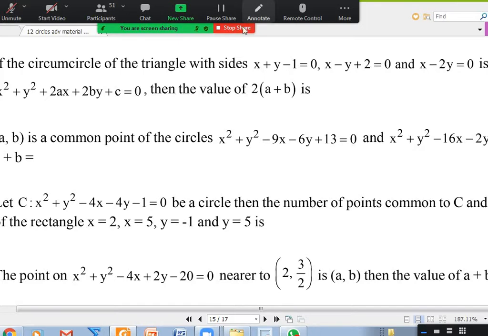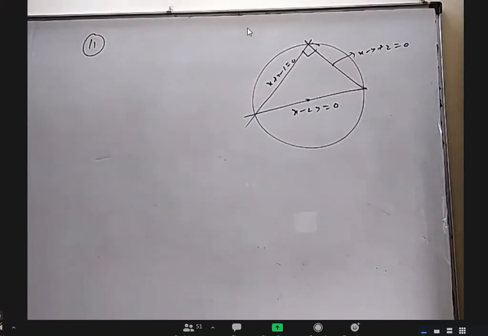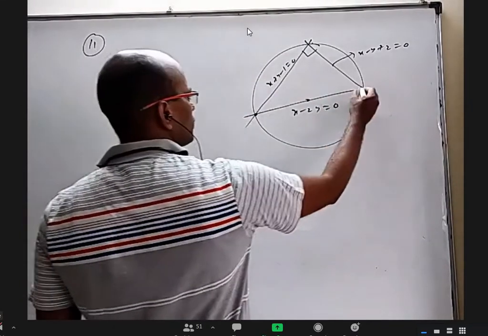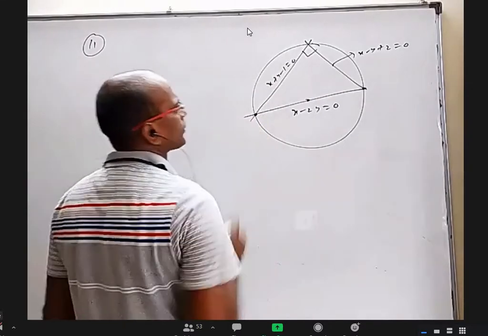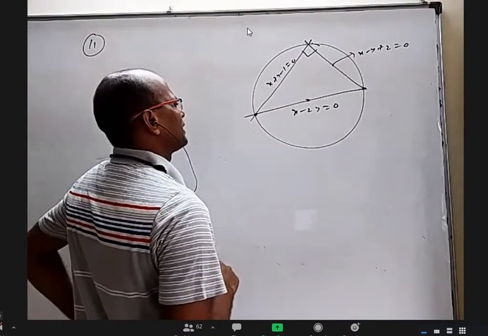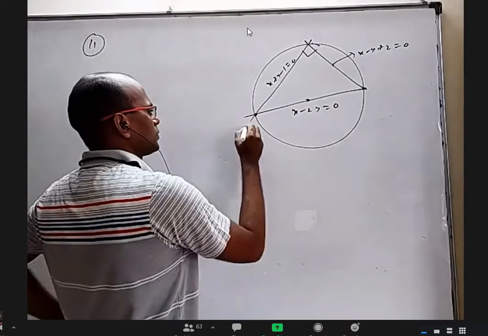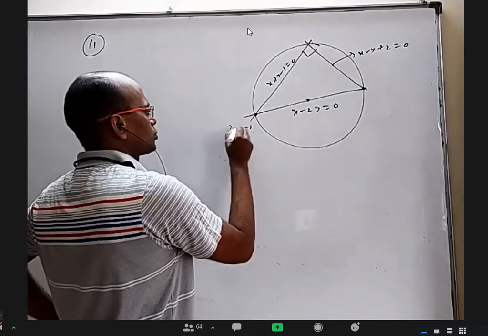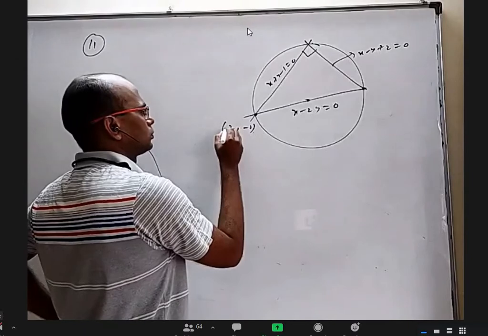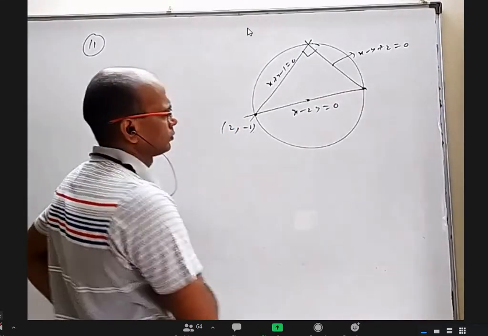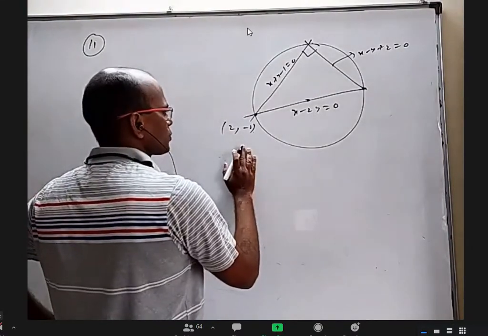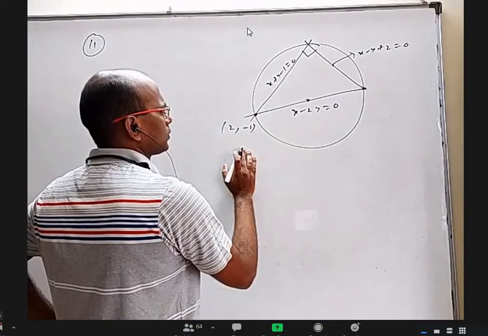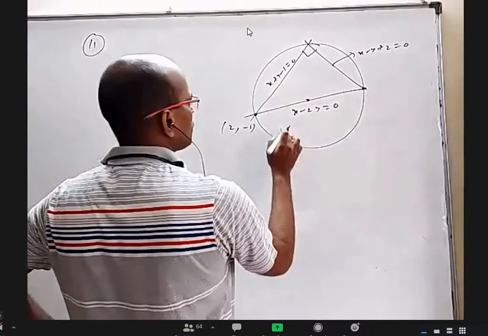I think when lines are given and you identify two lines are perpendicular, it's very easy, because if vertices are given, it may not be so obvious where a right angle is. So all these two will give this one. When I add them, 2x minus y, so y is minus 1 and x is 2, minus 2. Minus y, so y equal to minus 1, correct? If I add, not add, I should subtract.